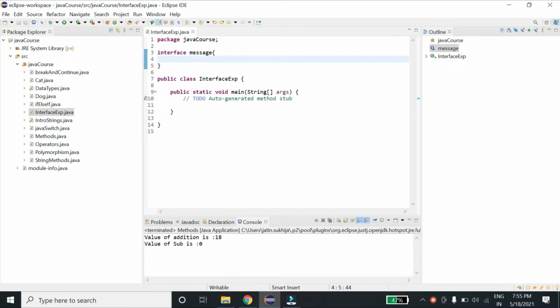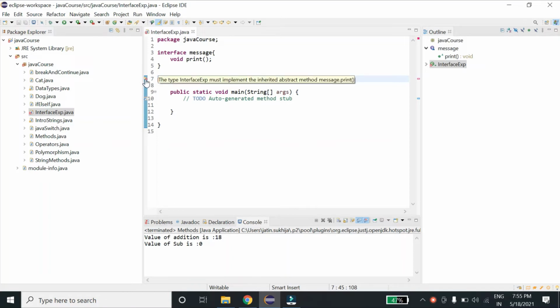So here in my interface Message, I have a method called print, void print. And if I implement this interface Message in my class, then if I save it, you can see there is an error